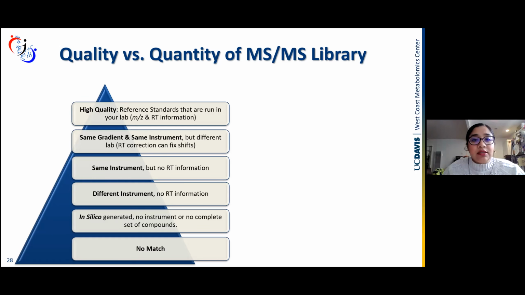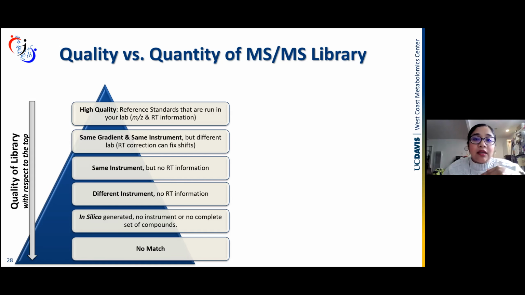And this is not to say that any of these categories are poor quality, but when you're talking about having the highest match in terms of MSMS data as well as MZ and RT, you really want to get to that top tier level. So quality kind of decreases as you're going down this pyramid,